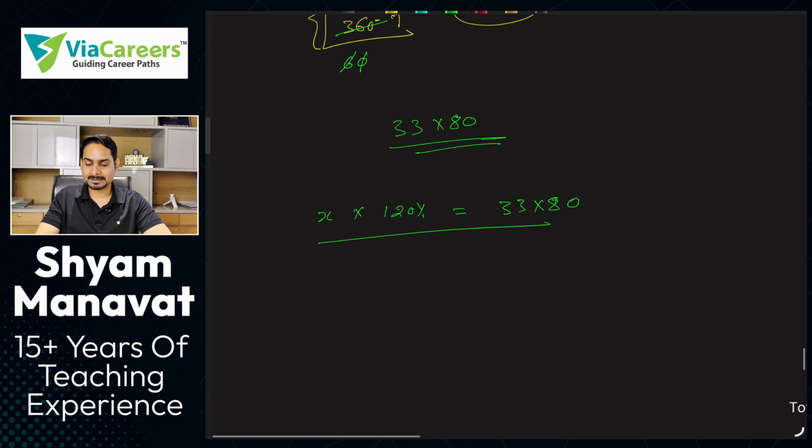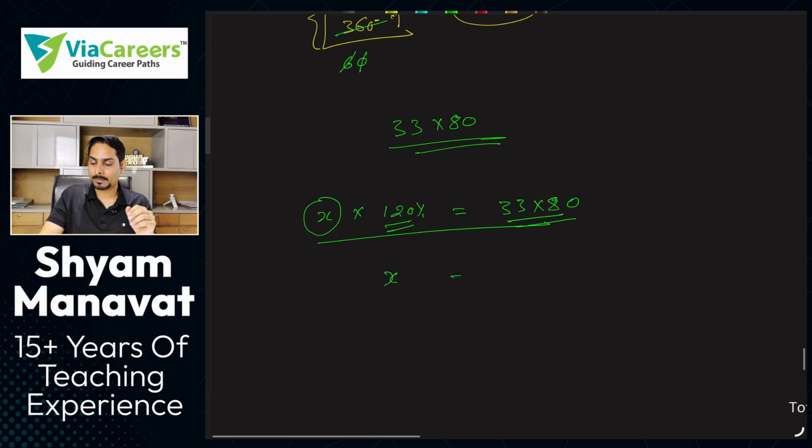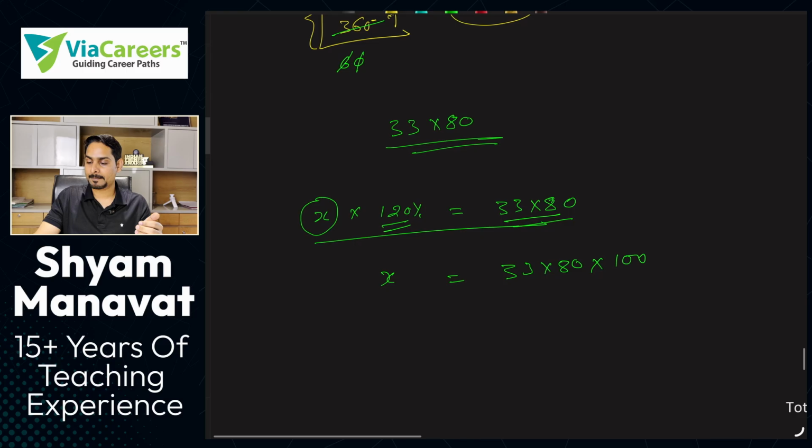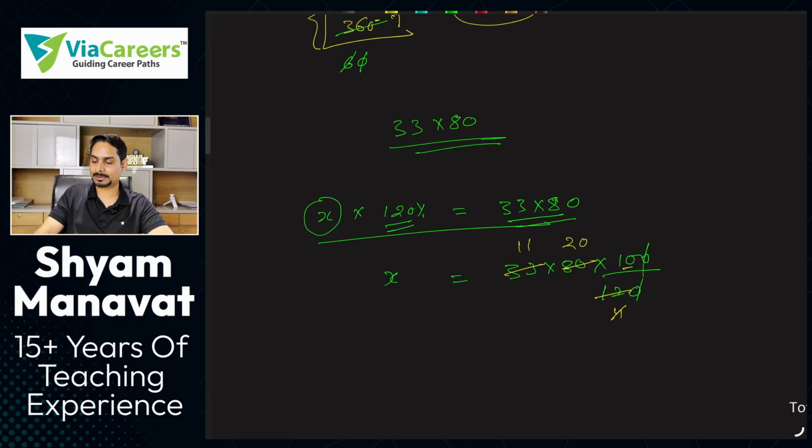Correct? Previous year को if I assume to be X, उसको 20% more किया, so this should be my current year's budget allocation for infrastructure and education. So this X should be equal to 33 into 80 and 120% को क्रॉस करेंगे तो कितना हो जाएगा, 100/120. सिंप्लीफाई करते हैं, ये कैंसिल हो गया और यहाँ पे सिंप्लीफाई करो, दिस इज फर्दर 3, ये हो गया 11, दिस इज 4, यहाँ से कैंसिल करो 4 2 8, 0, यहाँ पे एक और 0 है,